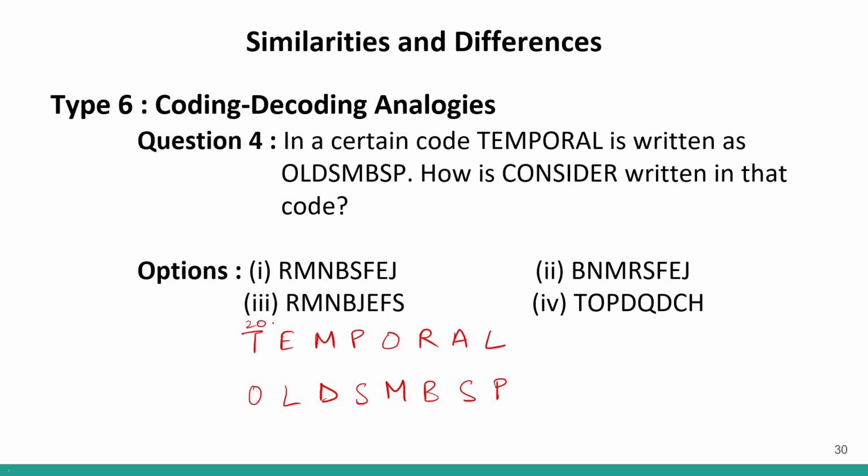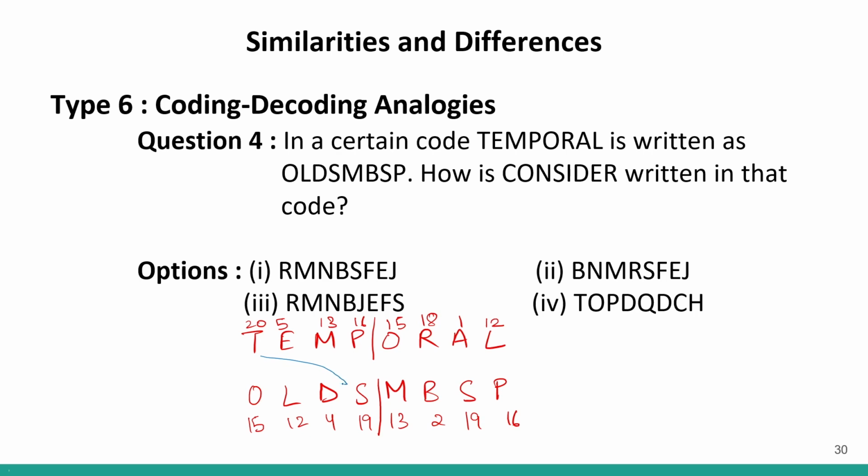So T is 20, E is 5, M is 13, P is 16, O is 15, R is 18, A is 1 and L is 12. This we know. Similarly 15, 12, 4, S is 19, M is 13, B is 2, S is 19 and T is 16. Now, if I break this from between like this, if I break this from here, I can